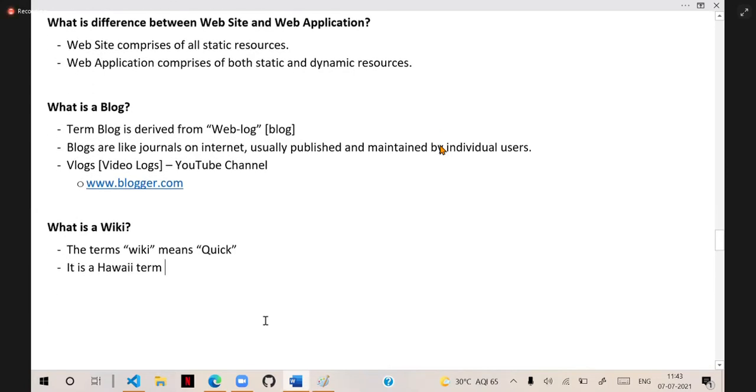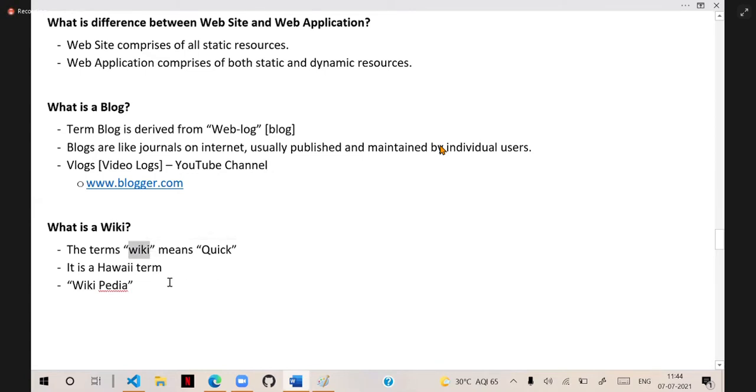Actually, you might have heard about Wikipedia. Hawaii, you should have at least general knowledge also, right? Hawaii is a location. You don't know those locations? Hawaii Islands, you haven't heard about them? No? It's okay. That's your level of knowledge. Hawaiian Islands are there. Hawaiian language is spoken there. In the Hawaiian language, it is called wiki, actually. That's general knowledge, not software knowledge.